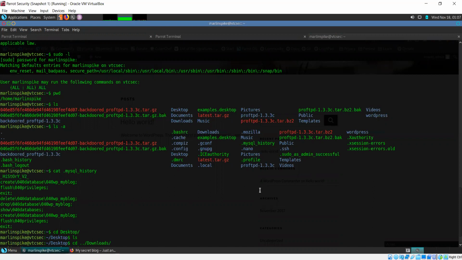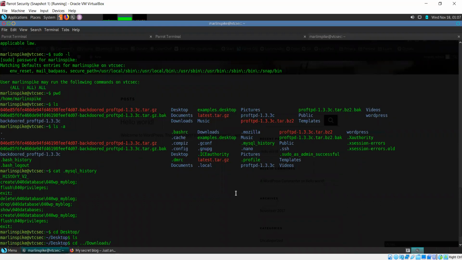Okay, I'll use sudo, but what do I do after that? See, I need to get a shell as root.